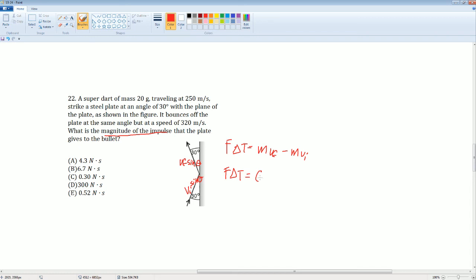20 grams times kilograms. How many kilograms? 1 kilogram is 1,000 grams. So if you do that conversion, it should get you 0.02 kilograms. So this should be 0.02 times V final, which is going to be